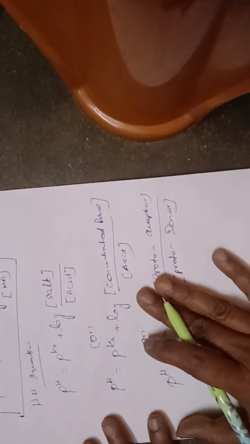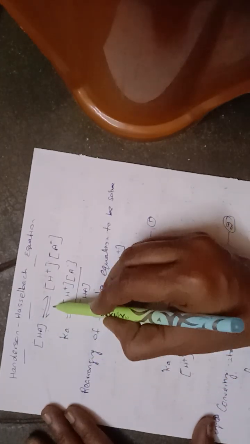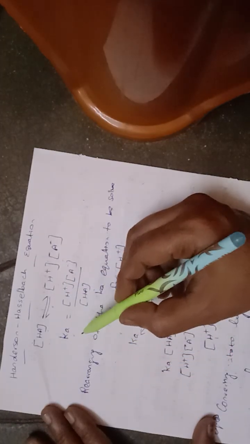And all of these depend only on the pH of a weak acid, on the conversion of HA to H plus and A minus. So up to this point in the Henderson-Hasselbalch equation, I will recall again. First we choose the weak acid, a reversible reaction, HA to H plus and A minus, and here the formation of Ka is the products divided by the reactant.